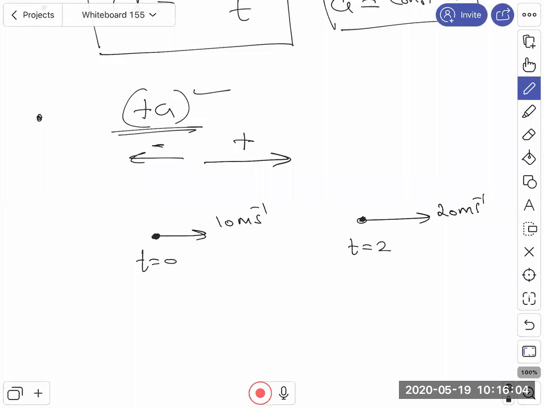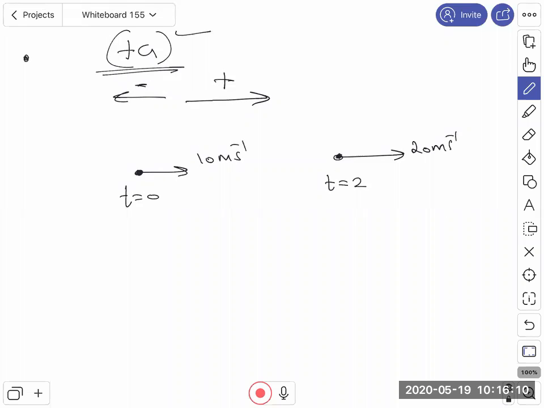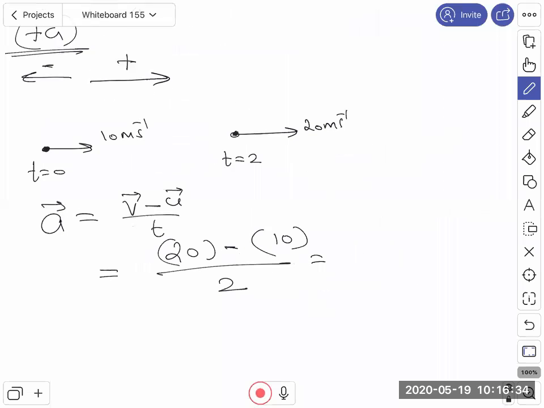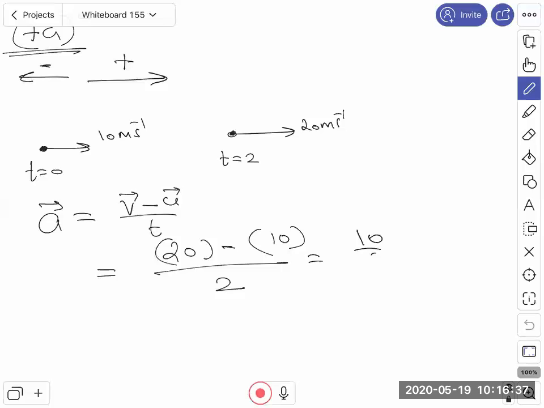Now our aim is to find out the value of its acceleration. So in this situation, if you are using that equation, acceleration is equal to v vector minus u vector divided by time. So final velocity vector is 20 and it is towards right, so I'm taking it as positive, plus 20, minus initial velocity vector, which is also positive because it is towards right, so you can take it as plus 10, divided by time taken, which is 2. So I'll get the answer as 20 minus 10, that is 10, divided by 2. Or you can write the acceleration is plus 5 meter per second square. Got it?